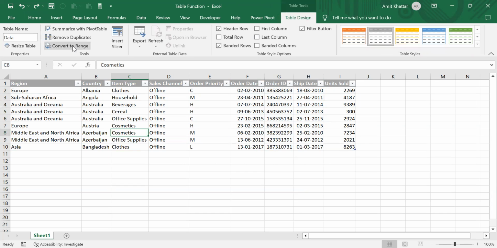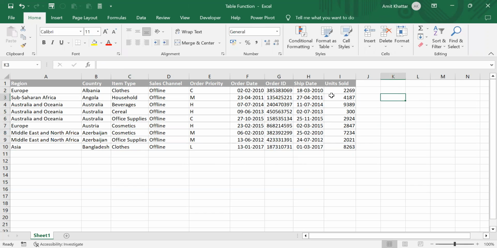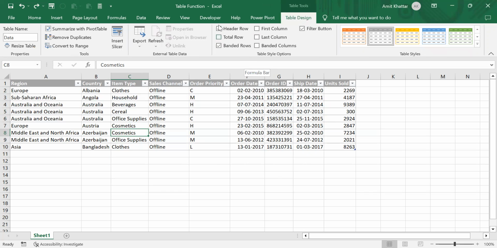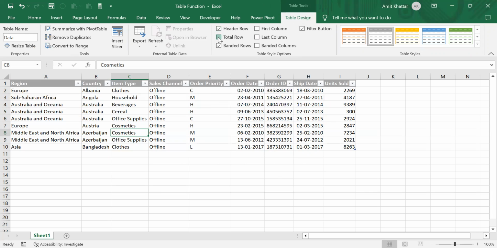Same way, if I want to convert this back to a range instead of a table, convert to range. So now the table design is not there. Converted back to normal. Control Z takes it back. Further, if I don't want a header row, I can remove it. If I want a total row,